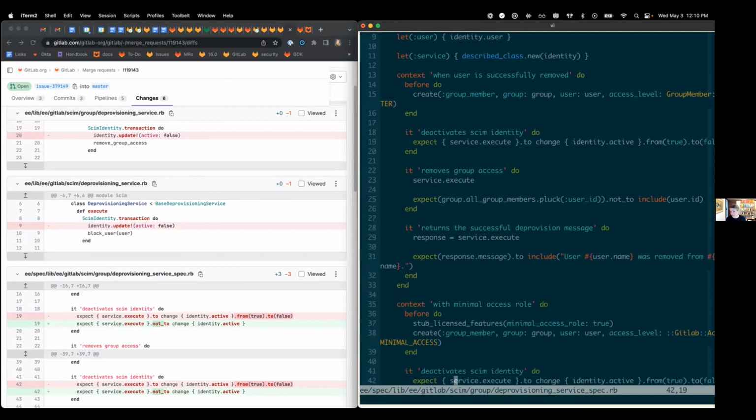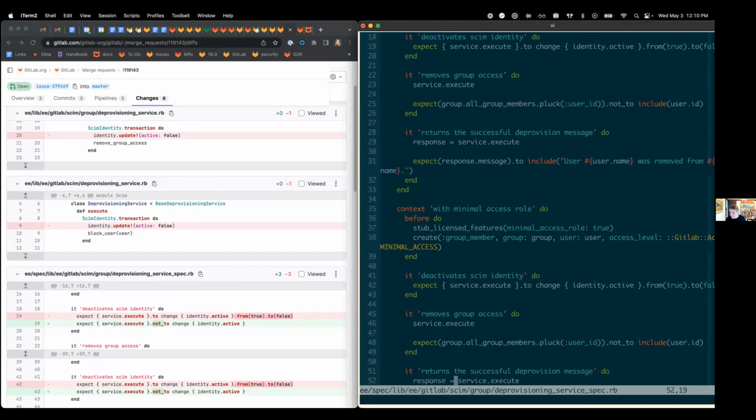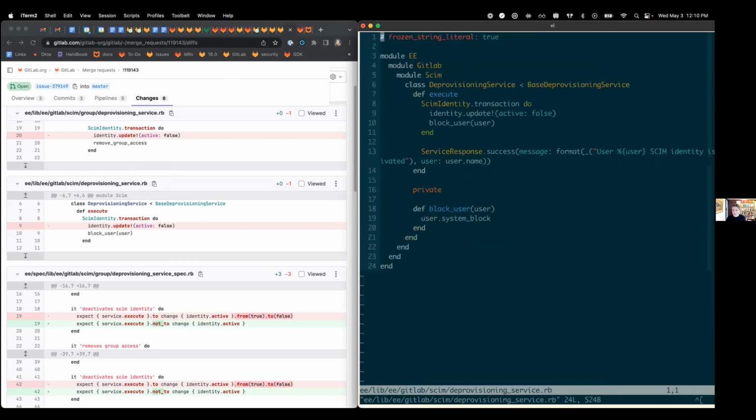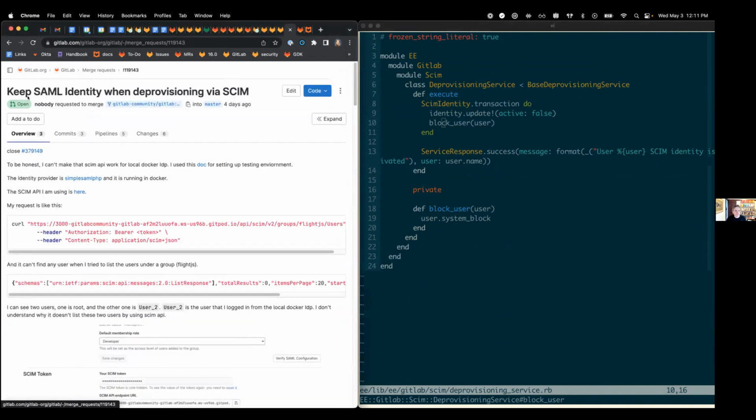And I don't know if we have tests for there being a SAML identity and a SCIM identity. So let's look at this really quick. So it's calling those changes. They are not the most updated, because looking at the MR description, the contributor is still working on this,